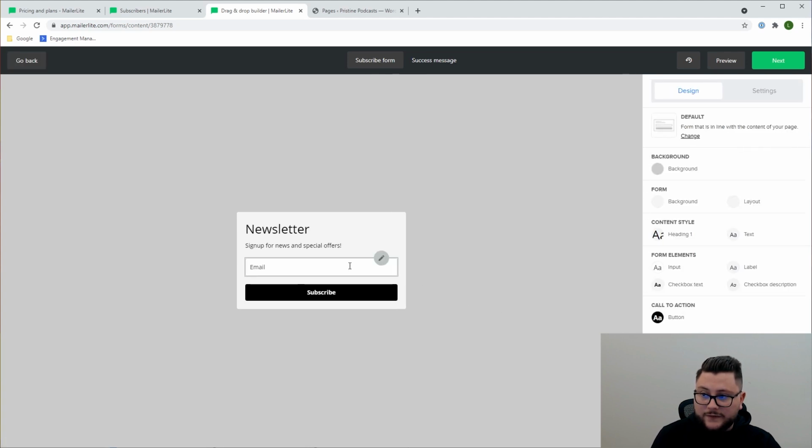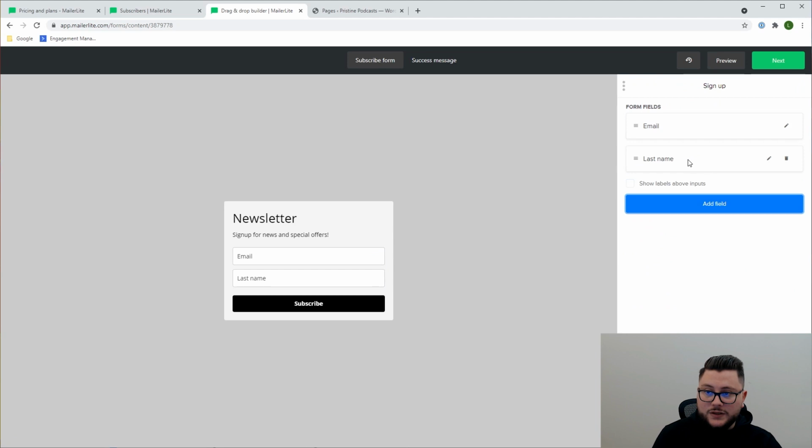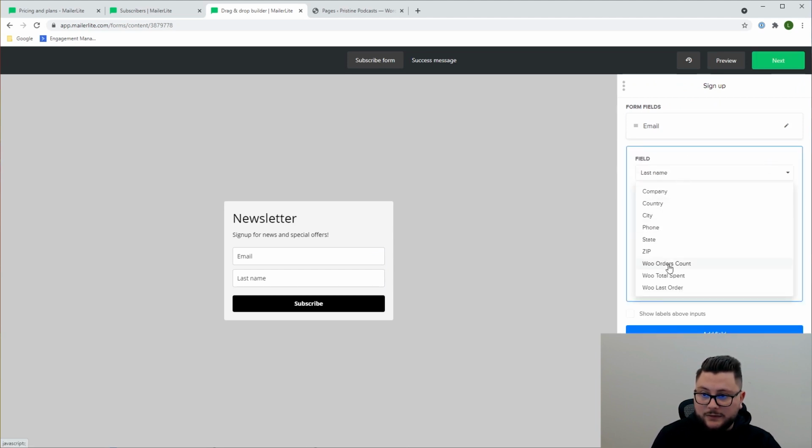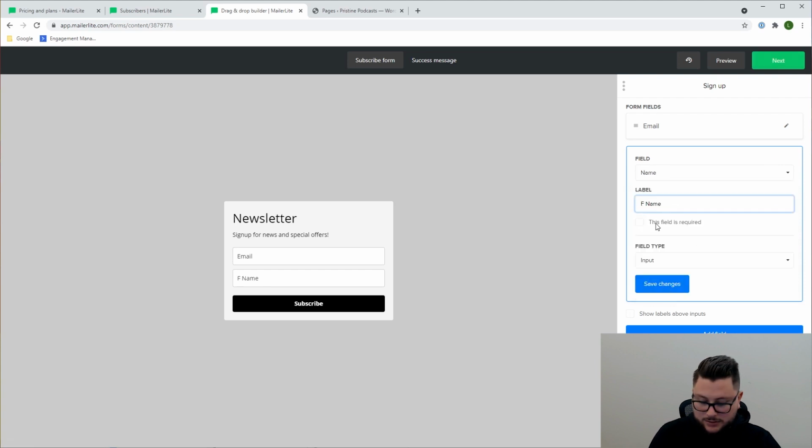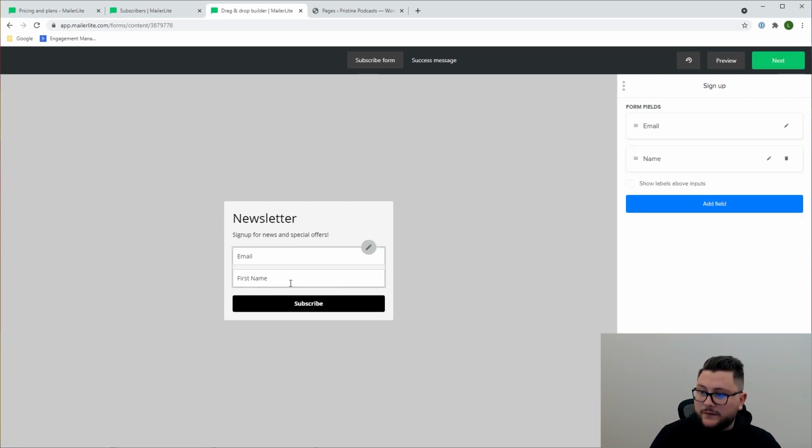Something that we have to do is add a new field, which is going to be the first name. It's coming up with the last name over here. We need to select name and then say first name. Save changes, and it's going to have here email and first name. First name usually has to stay in the top, so that makes sense. And then that's our standard form. When people go to the website, they're going to fill in their first name and their email and then say subscribe. I'm going to click save